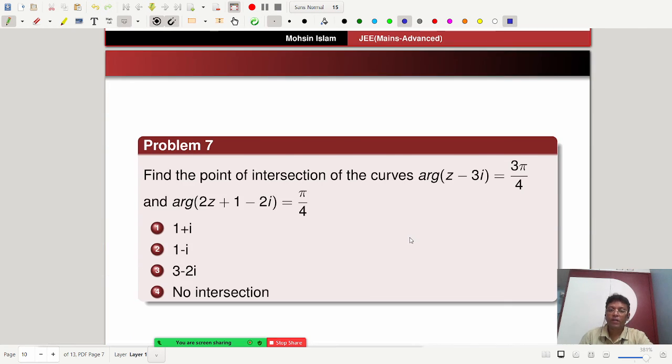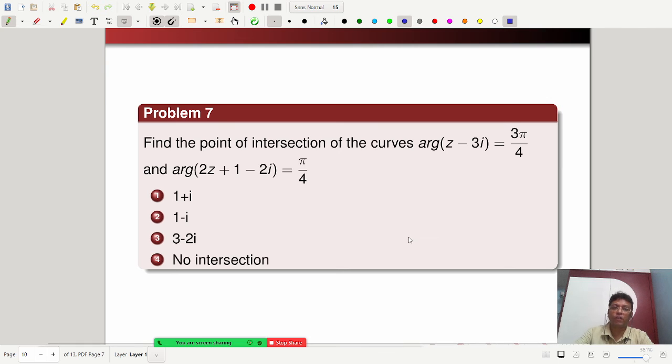Next problem. Find the point of intersection of the curves arg(z - 3i) = 3 pi by 4 and arg(2z + 1 - 2i) = pi by 4. Arg(z - 3i) = 3 pi by 4. Now the question is,